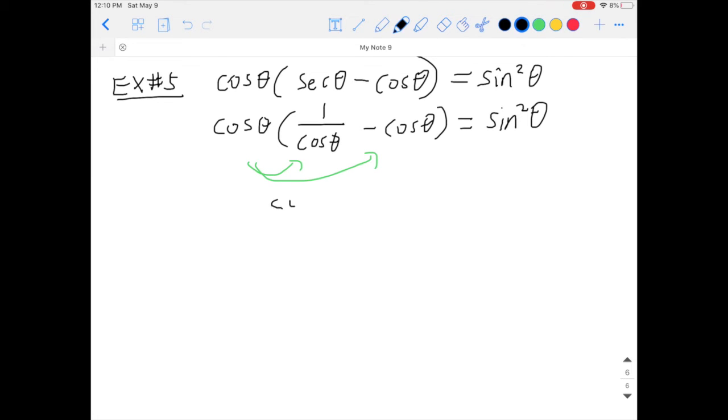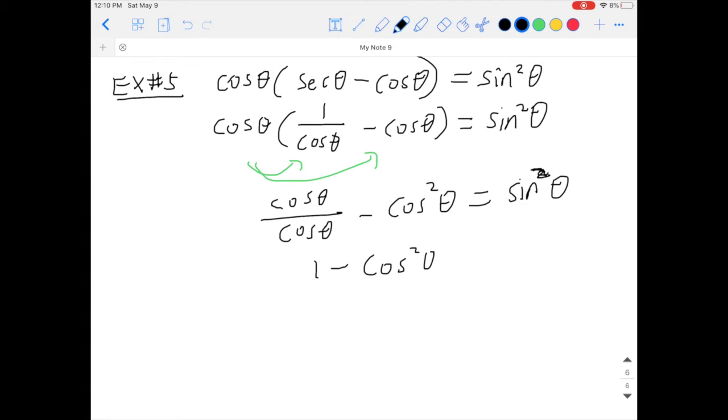Multiply means you have to do a distribution here. When we distribute, we have cosine theta over cosine theta, which is 1, right? In here is cosine squared theta, because both of them are cosine times cosine. This one stays with sine squared. And this is 1. 1 over cosine squared equal to sine squared. So